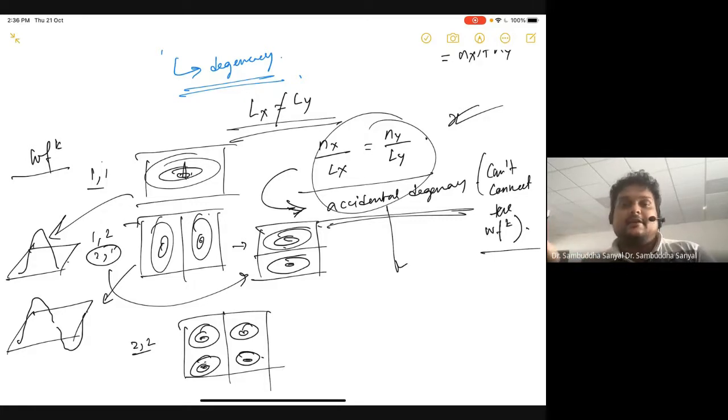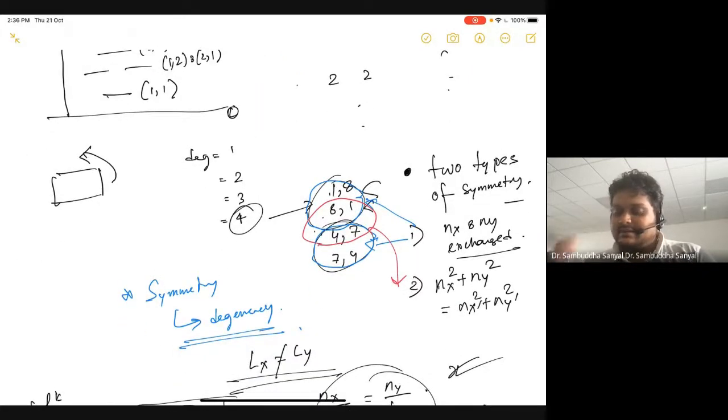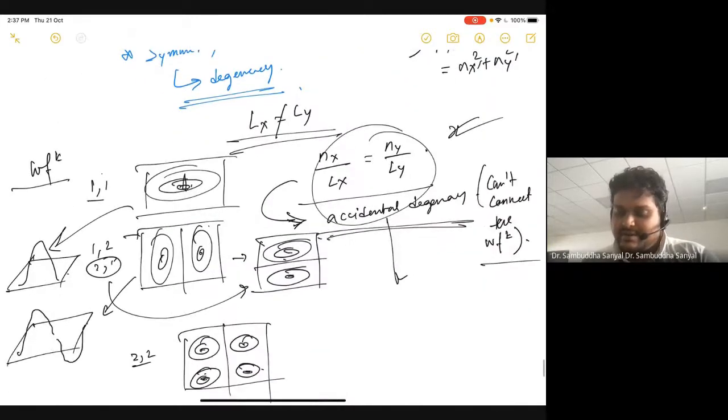But there is another kind of degeneracy, which comes because the sums of the squares of these numbers are equal, so the energy is equal, and there is no geometric property or simple transformation that connects them. So they are called accidental degeneracies. One example is this: if you plot 81 18 and 47 74, you will see that you can go from one to another by a transformation. But if you plot 18 and 47, they have the same energy, yet there is no simple transformation. So this is one key point.